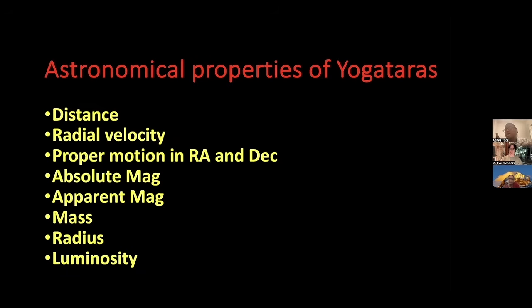Luminosity will directly go with absolute magnitude. Okay, that makes sense. Because there is a clear relation between absolute magnitude and luminosity. That's correct, yes. Because with apparent magnitude you cannot say anything, since the stars must be at different distances. So absolute magnitude is how bright it is when kept at the same distance. So if it is more luminous, the absolute magnitude will be much lower in number, because a lower number is much brighter, right? So absolute magnitude and luminosity are directly related. Good question, and you got the right thing, yes.